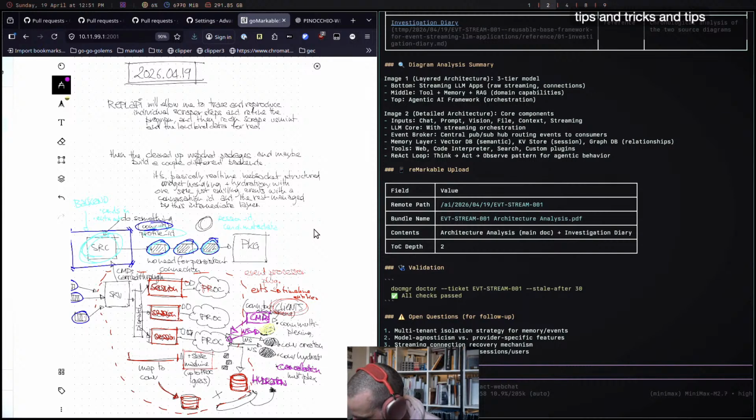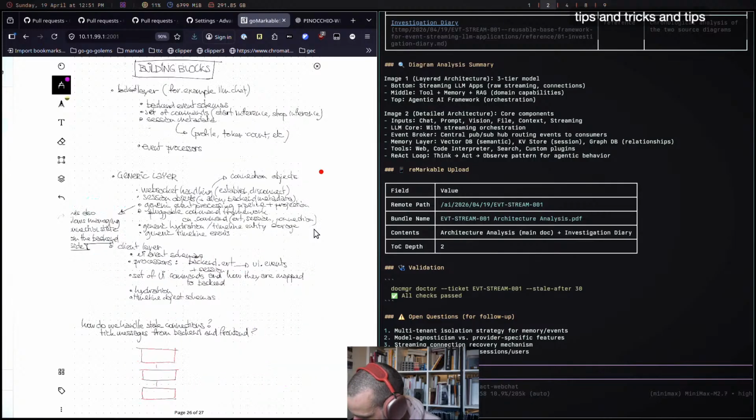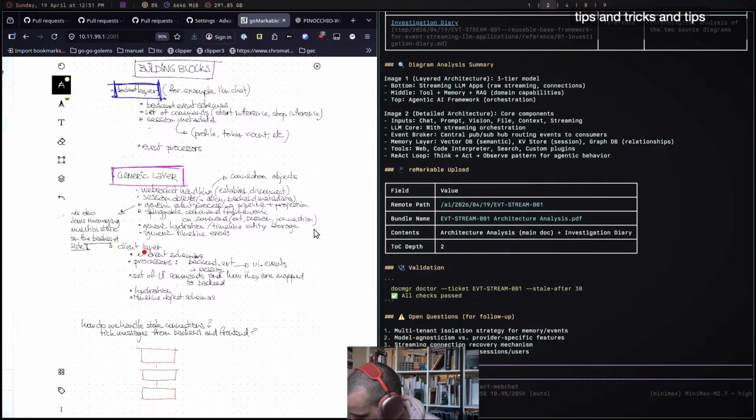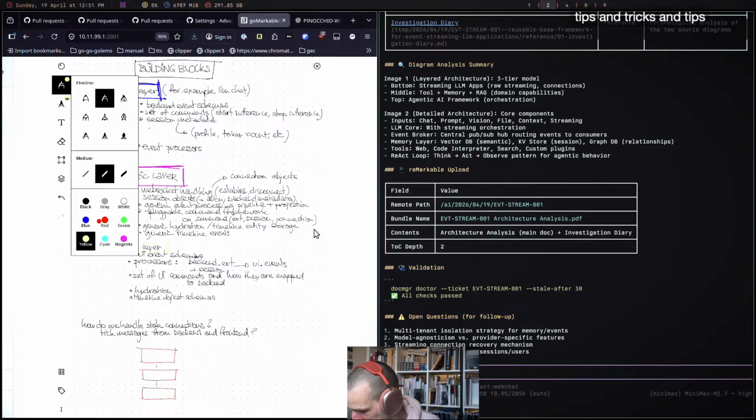So I wrote them up here. The generic layer, this is the framework we're building. And then in blue, we had the backend layer, which is the backend orchestrator or LLM chat or whatever. And then we do have the front end, the client layer, which is what you're going to have in your browser, or maybe in your terminal, or on your phone and your chat app, whatever is good for you.